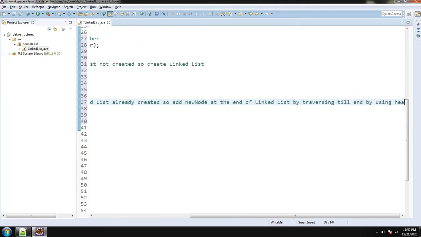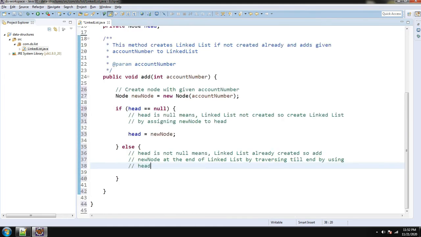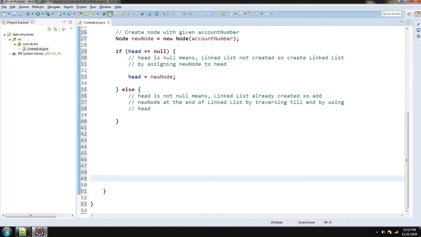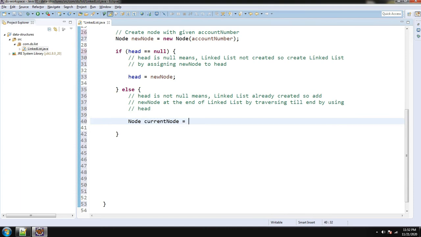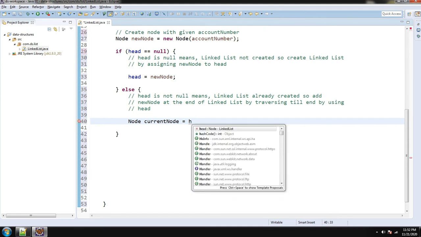To traverse the linked list, we need to use head. As head is pointing to the root or first element of the linked list, by using head we can traverse the linked list. So I am taking a temporary variable, currentNode, equal to head.